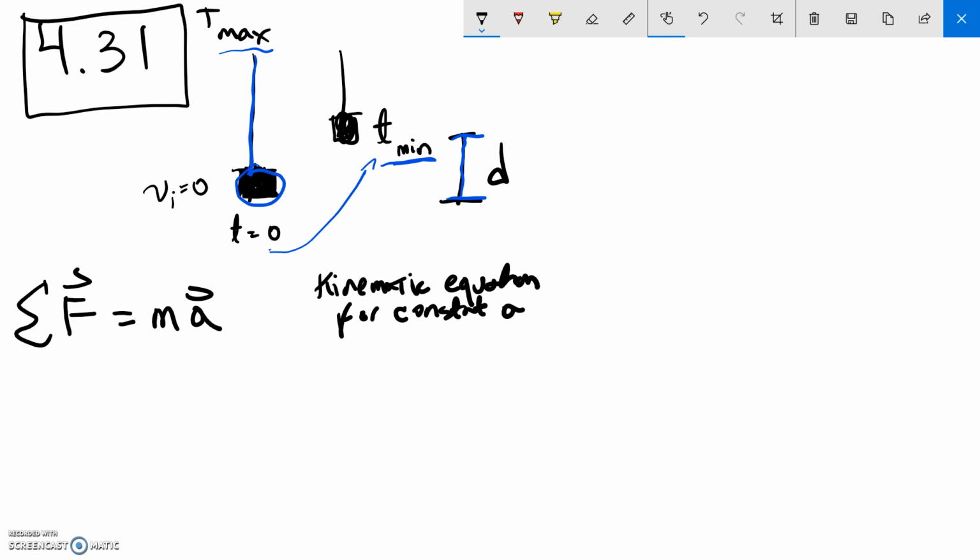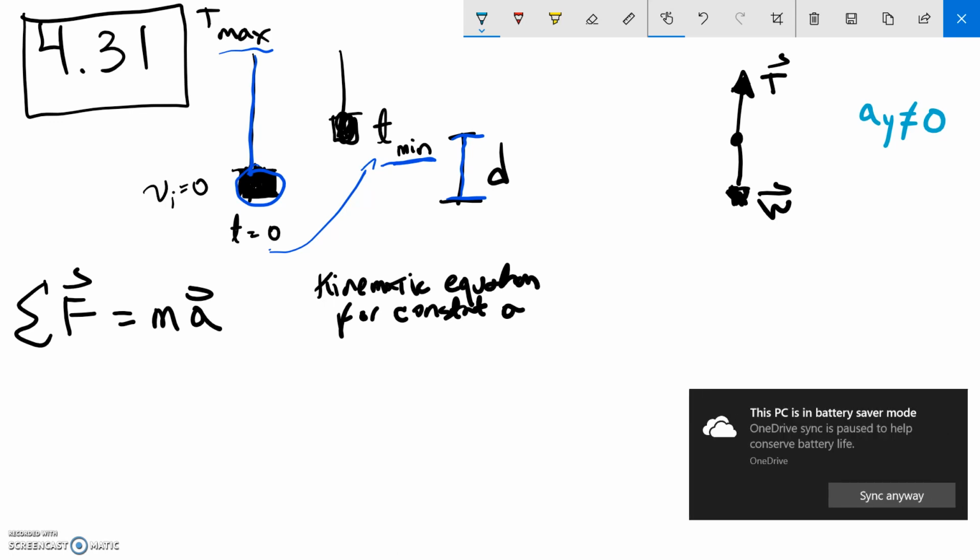All right. Once we understand those concepts and realize we have sum of forces equals ma, it's always good to write your body diagram. They didn't tell you that there was friction on this body, so we're not going to have to worry about frictional forces. Next concept is deciding whether my acceleration is going to be 0 or non-zero. I know it's accelerating because I started with a velocity of 0